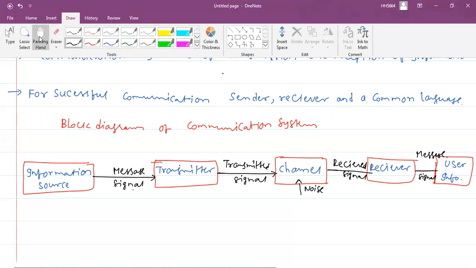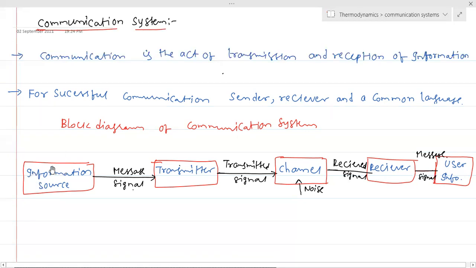Now I will explain. Information source: suppose you are interested in chit-chatting with a friend who is very far away from us. We are the source, and we will send the message. That means an audio message, or it may be an online call, or whatever it may be. So we will send a signal. Suppose we talk with our friends, the communication will be carried forward as